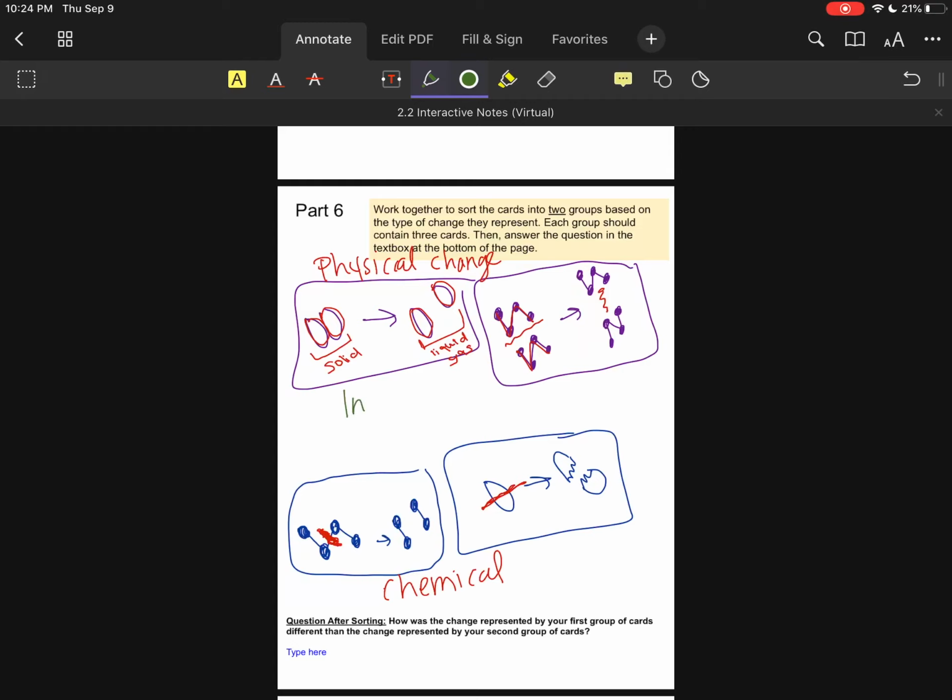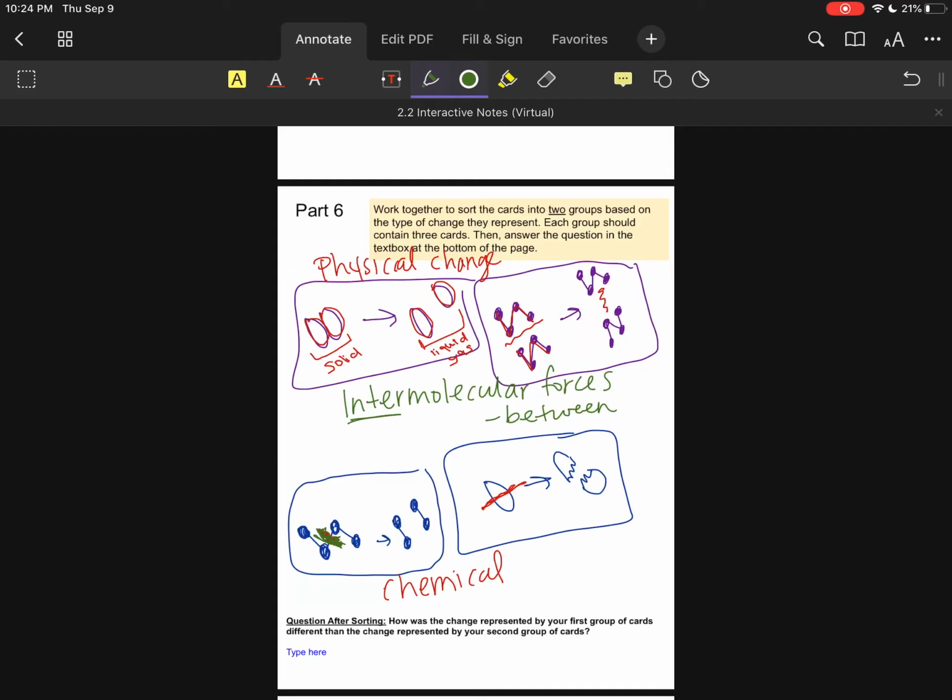We call the attraction between those molecules intermolecular forces or intermolecular attractions. Okay, intermolecular. That's just between molecules. Okay, down here with my chemical change, though, these attractions for this bond, this bond, or the force of